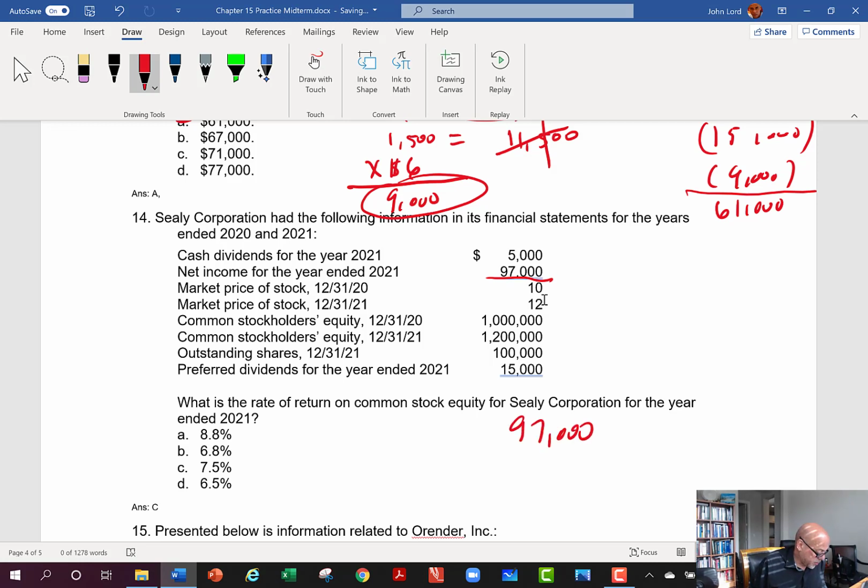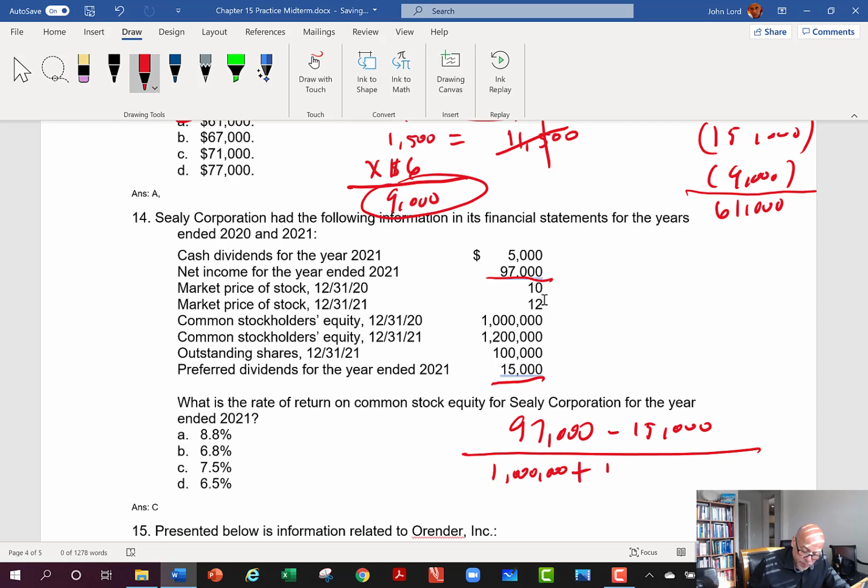but you have to subtract off any preferred dividends that would have been paid. And so preferred dividends for the year ended 2021 were 15,000. It's not even paid. If it's cumulative, you have to calculate it even if it's not paid, because we want to see the amount of income that is available to the common shareholders. So we've got 97,000 minus 15, and then we have to divide that by the average of the common shareholders' equity, which was $1 million at the beginning of the year,